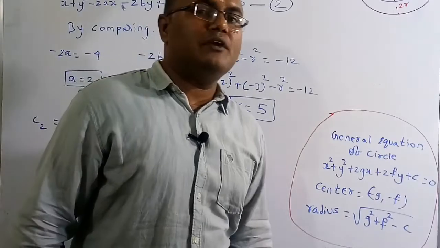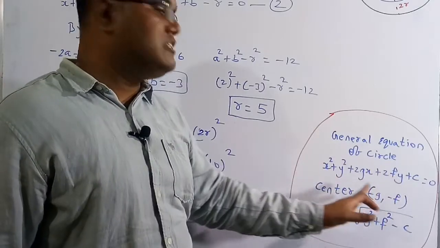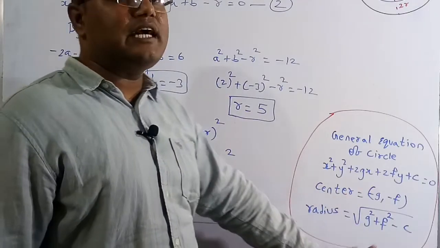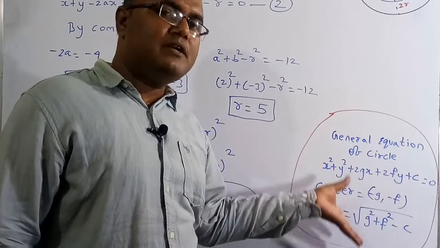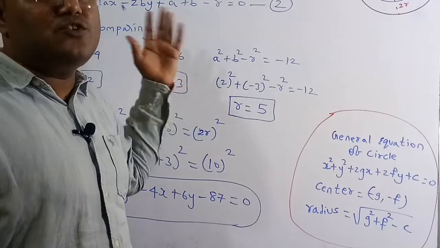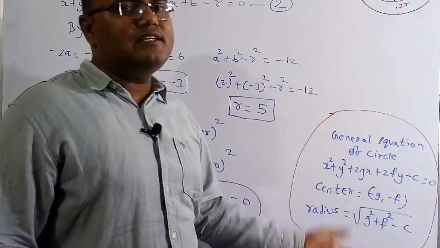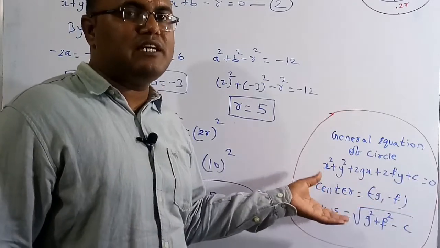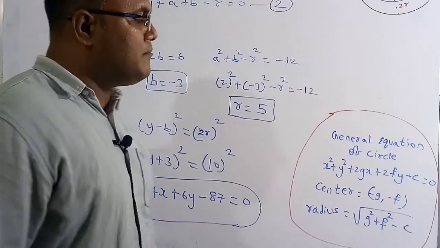There is also another important formula regarding circles. The general equation of a circle can also be written as x square plus y square plus 2gx plus 2fy plus c is equal to 0. Then the center will be minus g comma minus f, and the radius will be the square root of g square plus f square minus c. By using this property also we can find the solution, but I did it with another method, which is a general method to figure out the equation. You can solve the same question by this method also, and you will still get the same result. So for the circle x square plus y square plus 2gx plus 2fy plus c is equal to 0, the center point is minus g comma minus f, and the radius is the square root of g square plus f square minus c.